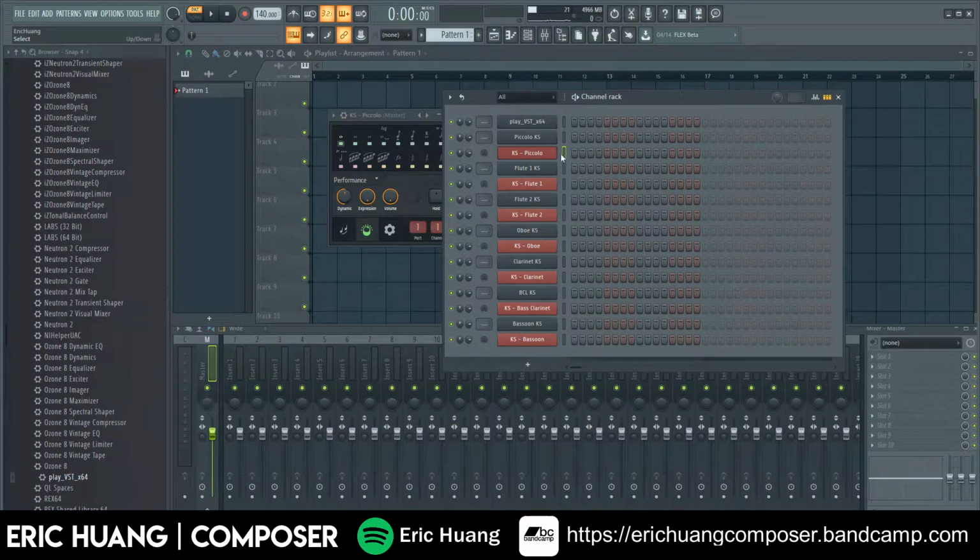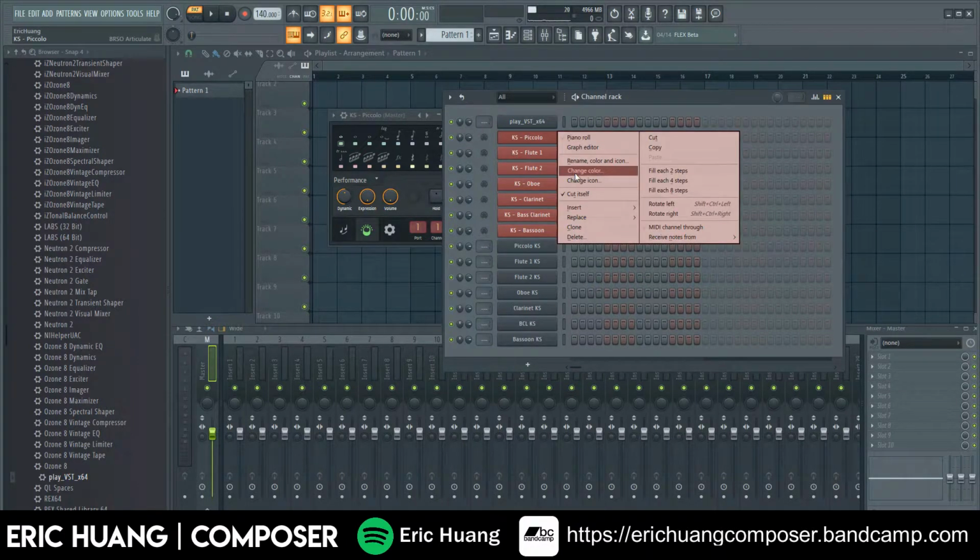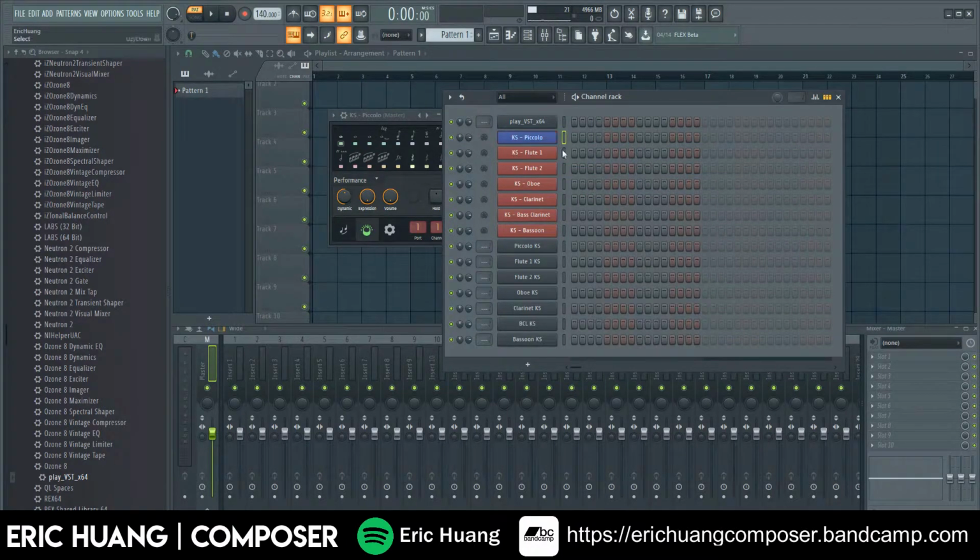So I'm going to click on this just like that, and then hold Alt and click the down arrow, and we'll be able to move it down. Once it goes down, I click Shift, click, and then Alt down, and then Shift, click, Alt down. Once this is all moved down, I'm going to color code this, and for the woodwinds I make it blue, just like that. Okay, now that this is done, we're good with the woodwind section, and now we're going to move on to the brass.